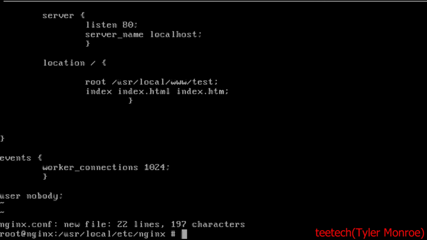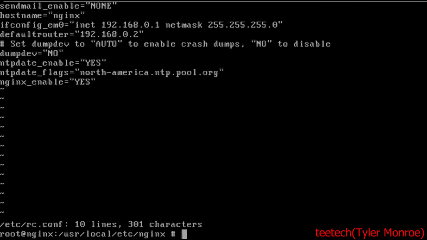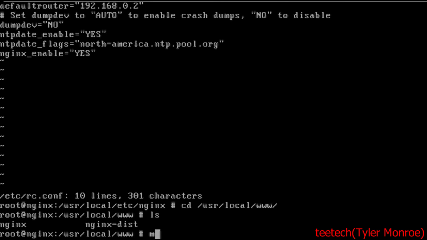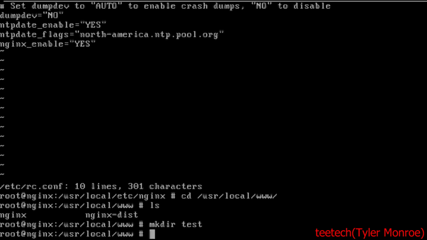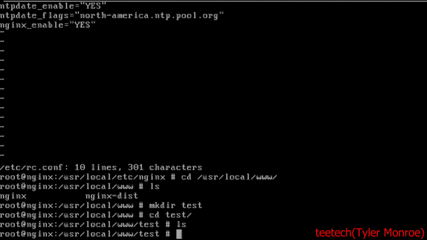So we're going to save it here. And under /etc/rc.conf, let's enable this here, nginx_enable equals yes, and then have that in quotes. And now we're also going to go into /usr/local/www, and we're going to make that directory. There are default directories, but doing it this way helps you do things like vhosts and helps you understand it better. So we're going to make a file, index.html,